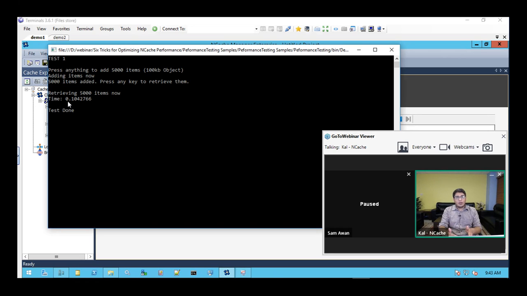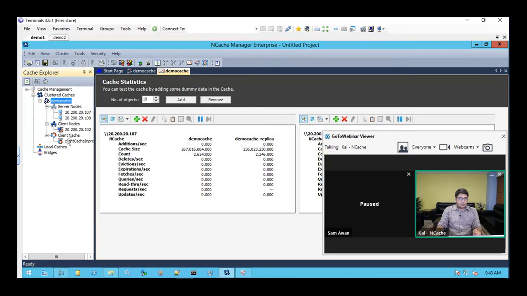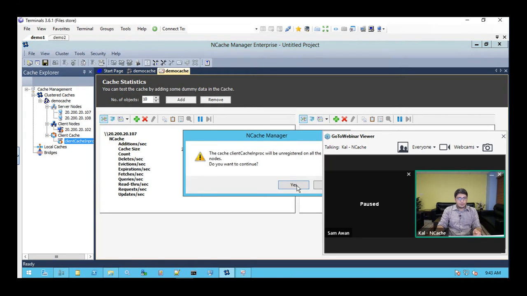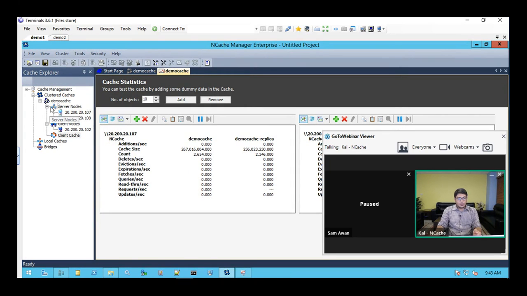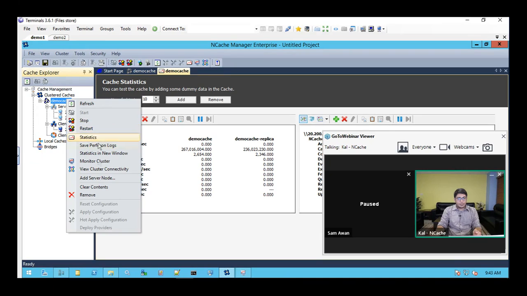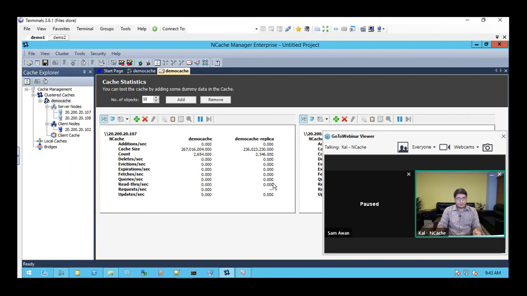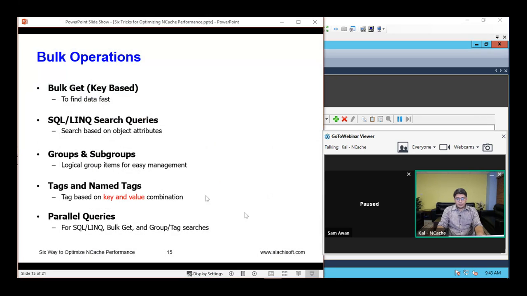So that's how much improvement you can see with an inproc client cache if your use case maps onto the one that we have going on right here. So this is a great improvement that you can see if you have more reads and more writes going on. So I'm just going to click on enter so that it gets closed. I'm going to remove this client cache here and actually clear it up as well. Okay. So let's come back to the presentation.